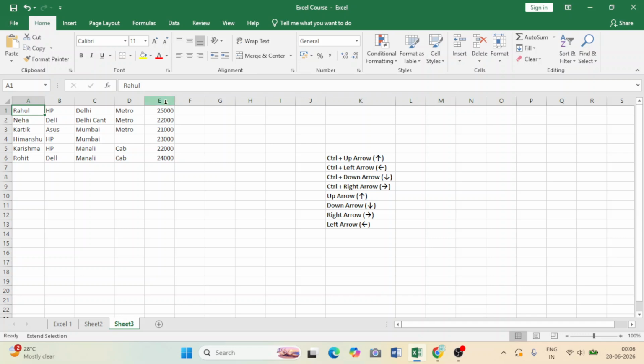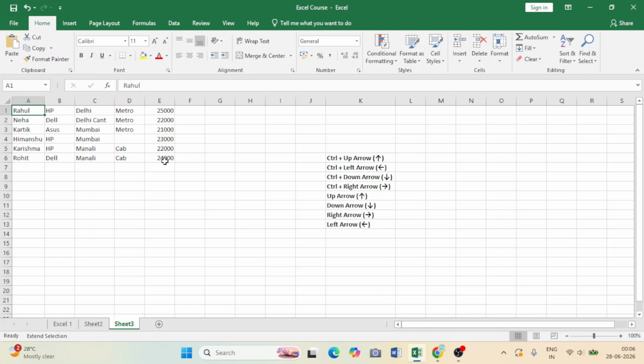Excel allows us to directly jump to the edges. For example, we want to go from A1 to E1, or A1 to A6, or B1 to B6. So now we can come to the conclusion that in this worksheet, A1, E1, A6, and E6 are the corners of this data sheet. Now let's see how we can quickly navigate to these four corners using the keyboard.